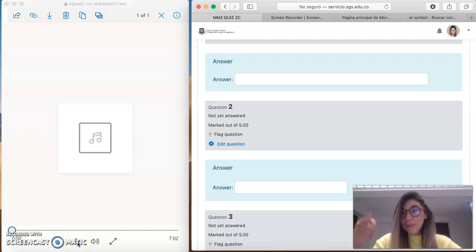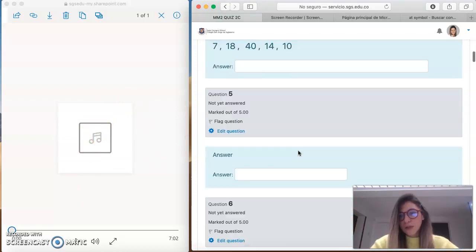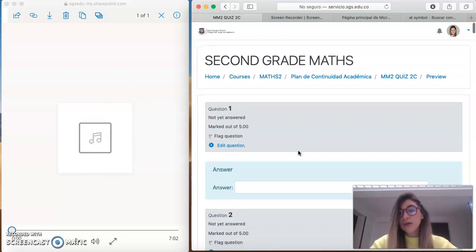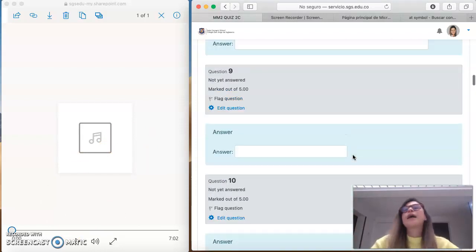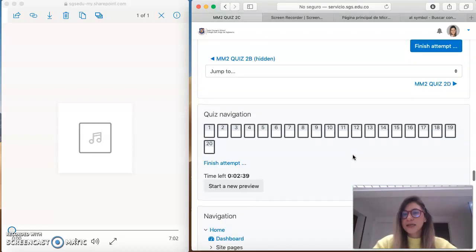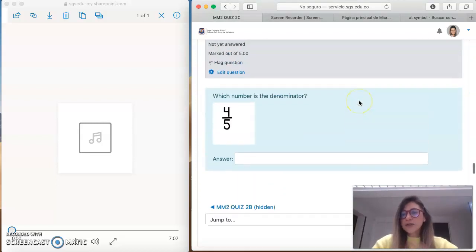I know you can pause the audio. I know that. But what I want to warn you is that if you pause your audio, this quiz is timed. If you pause, you may lose time to go through all of the questions. Remember, you have 20 questions and only 10 minutes to do it. So I advise you not to pause it, because you're going to waste time for the rest of the questions. And then you click submit or finish attempt here,